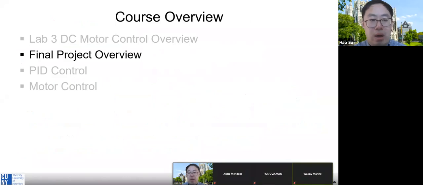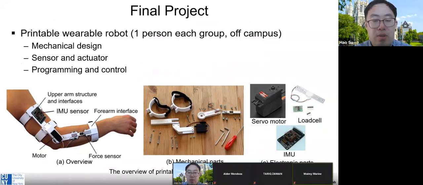So let's look at the final project. For this final project, you really need to almost start from scratch. We provide components, including the motors, the sensors, and basic mechanical components. But you need to do your own work because this is an individual final project, and you need to do the mechanical design of the elbow exoskeleton. You can learn about mechanical design,